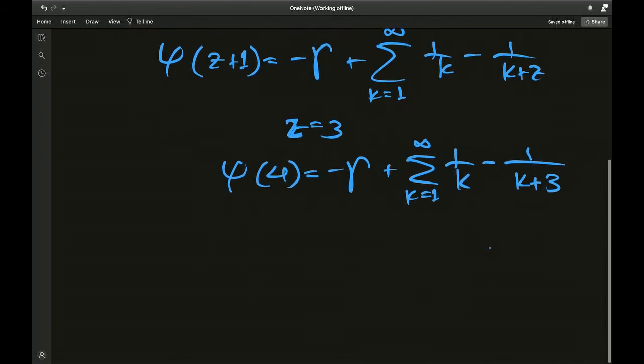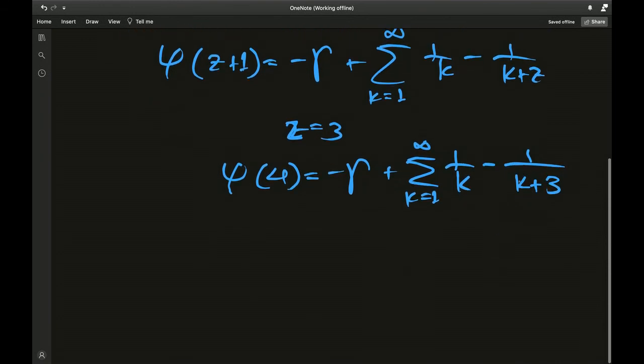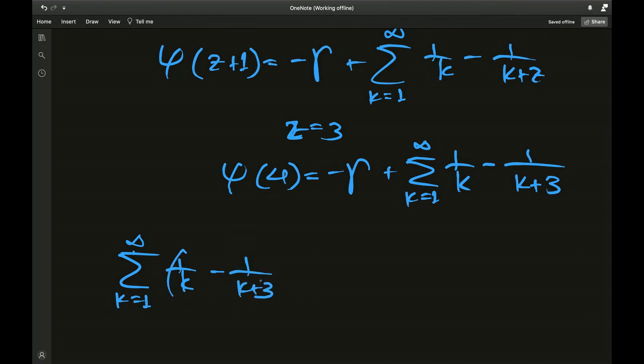Okay, so now this sum is going to be a little weird, but what we can do is split this up into, say, pairs. Sum from k equals 1 to infinity of 1 over k minus 1 over k plus 3. What we can do is have 1 over k, then from 1 over k you subtract 1 over k plus 2,